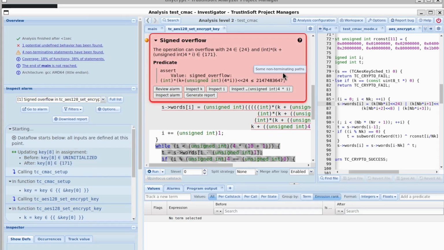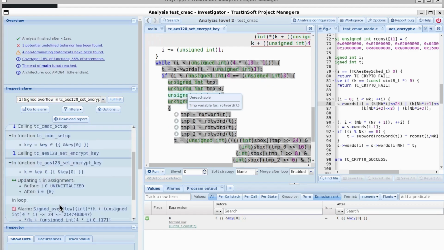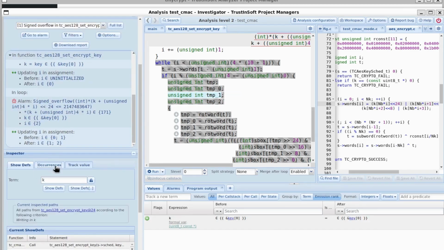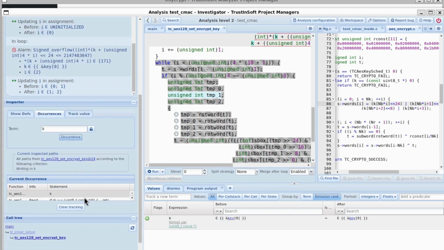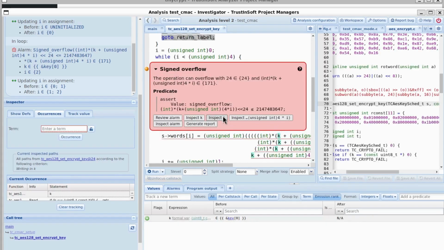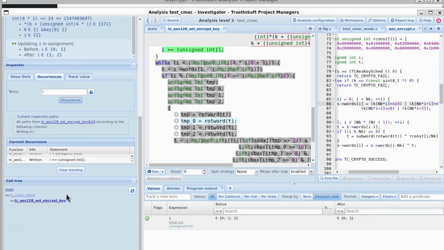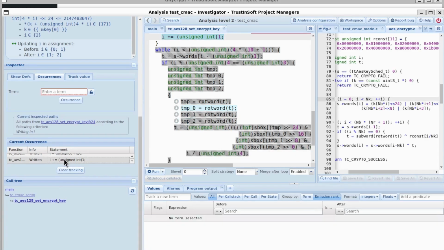One last thing I want to show in this demo of RCI is inspecting values. So let's go ahead and say inspect K. Down here, what we've seen before is that you can show defs, but you can also show the occurrences. This allows you to track a term. Right now we're tracking K and see when it is updated. Let's inspect I as well. And again, it shows you more information on a variable. Specifically I, we can see it is written